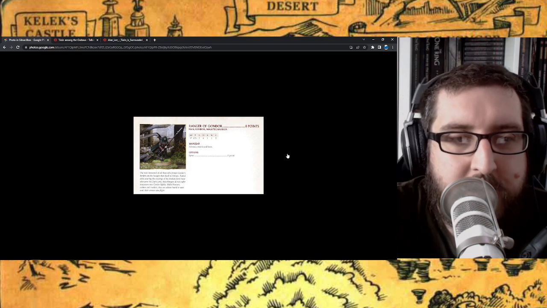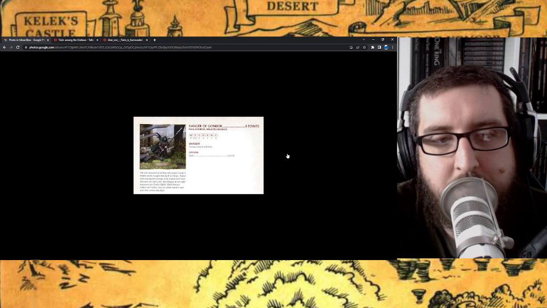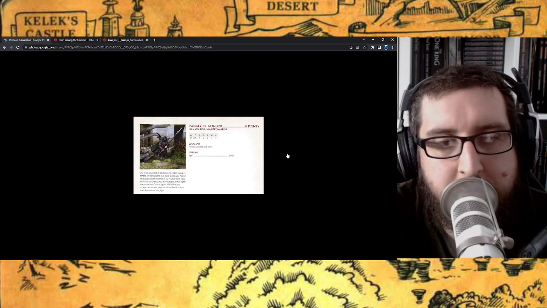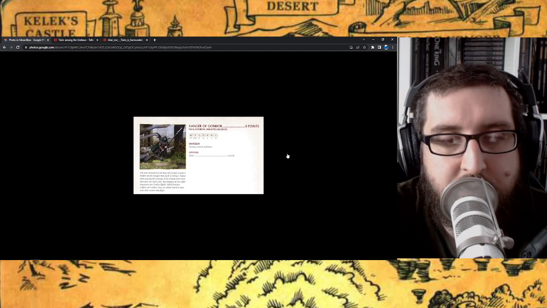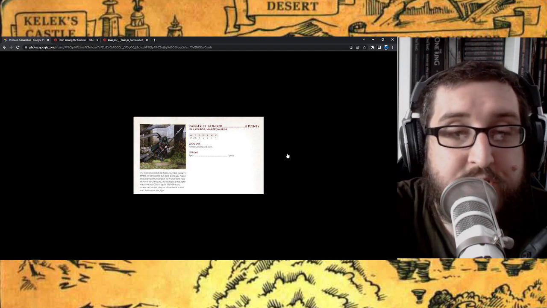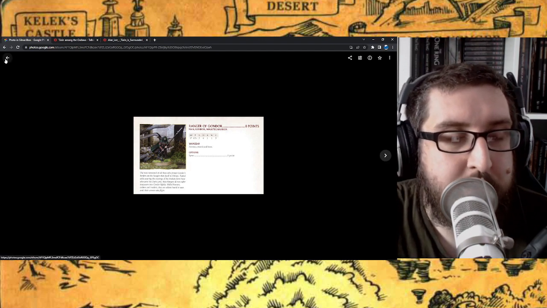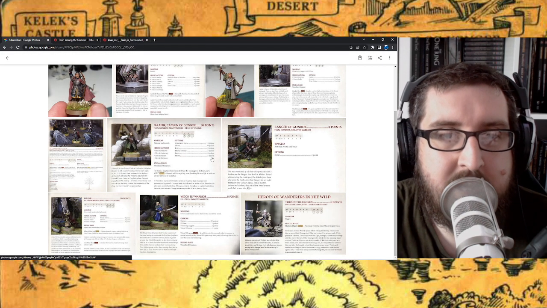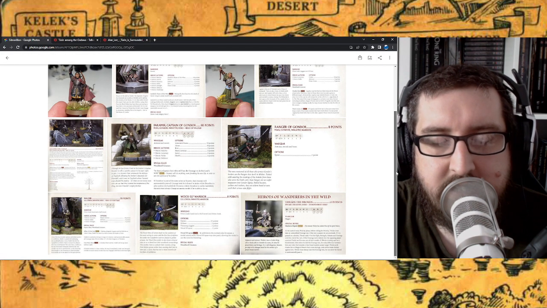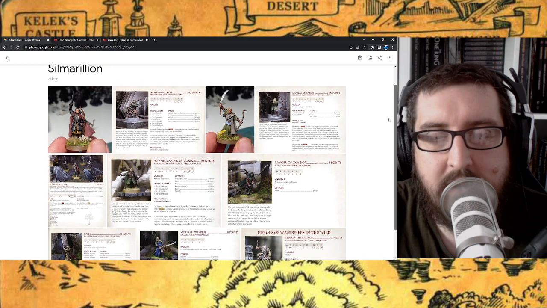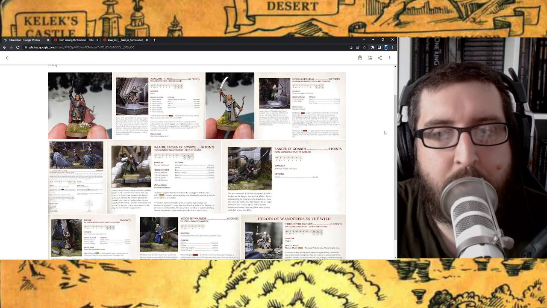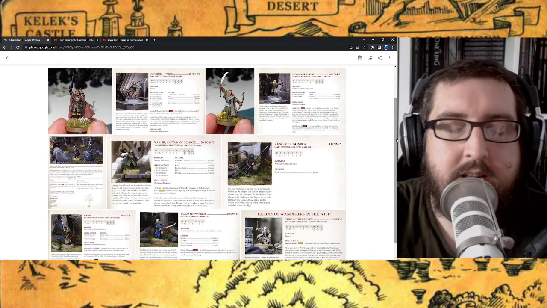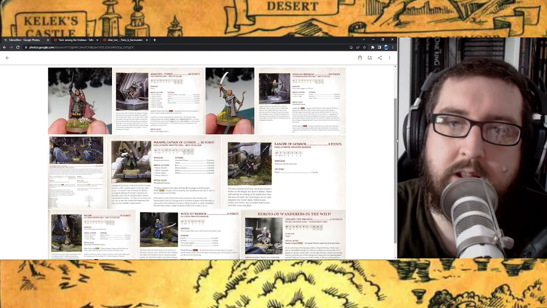But, you know, they come with armor, sword, and bow. They're good shots. They can have spears if you want them to as well, which I think is a really nice way. And you could just play around with lots of different characters, really, to be honest, in terms of the Rangers of Gondor. I was actually looking at Cirion and using him to represent one of the lieutenants within the